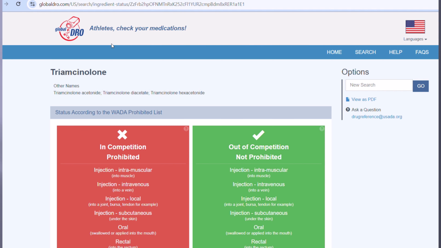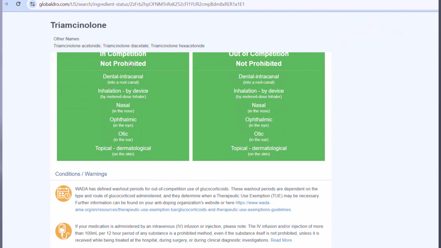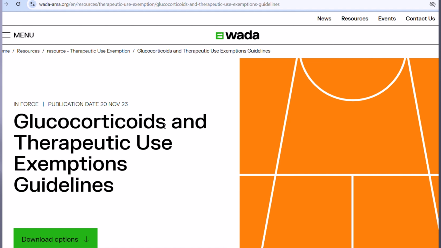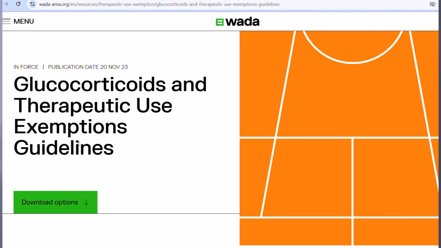So on the results page of Global DRO, if you scroll down on your glucocorticoid result, you'll find that there's an external link to the WADA website, and it should link us to the current document for the glucocorticoid therapeutic use exemption guidelines. When you download those guidelines, again, make sure you're looking for the most current guidelines, and you'll find the specific washout table that gives you guidance on how long an athlete should stop taking the medication before competing.